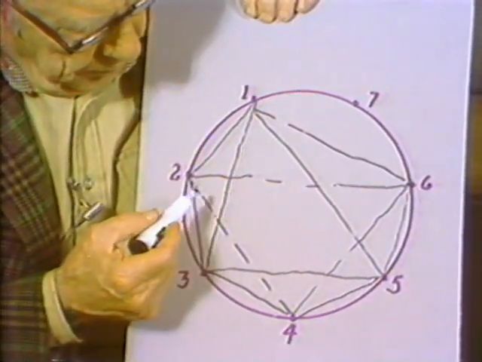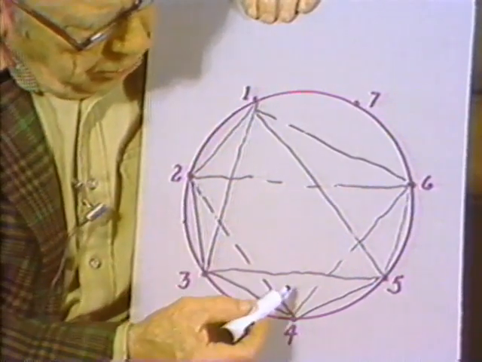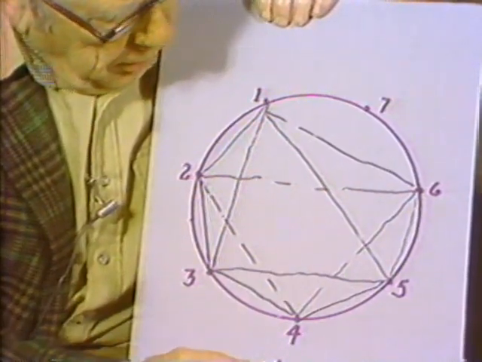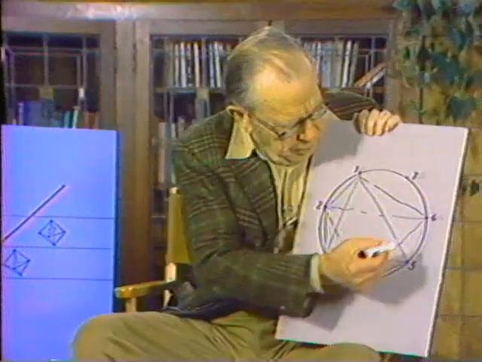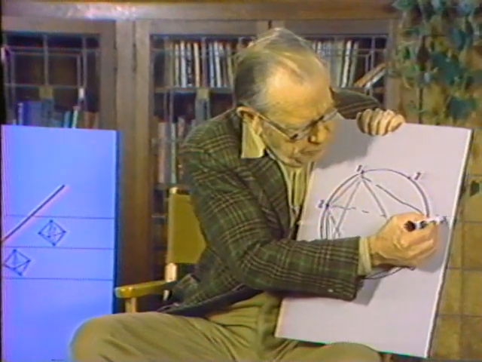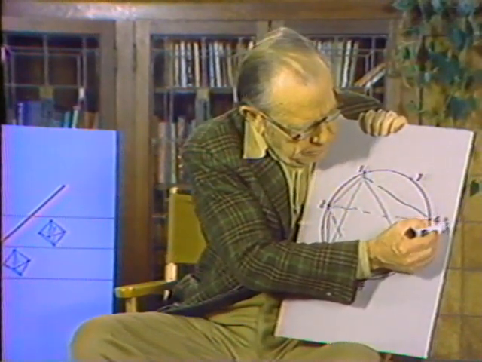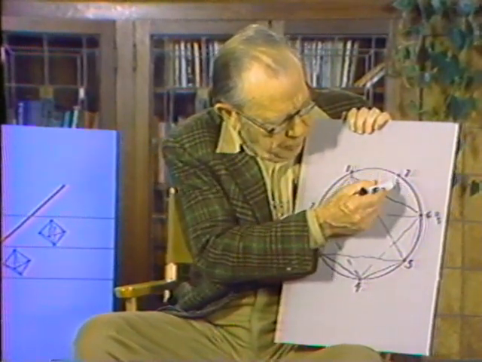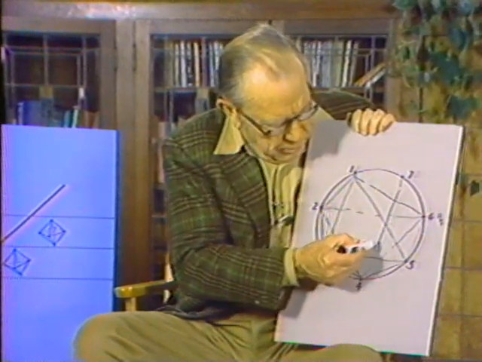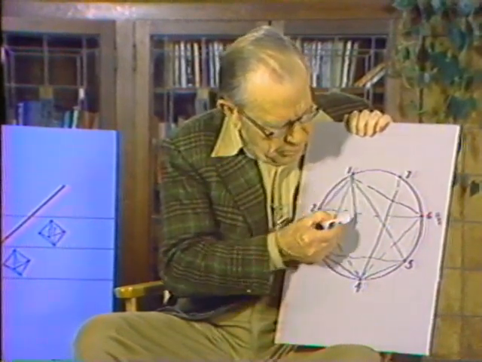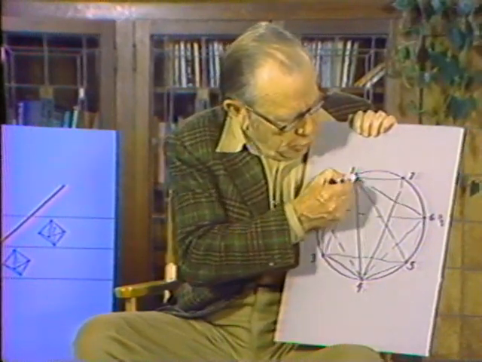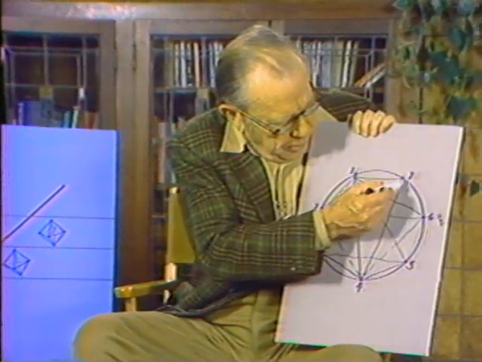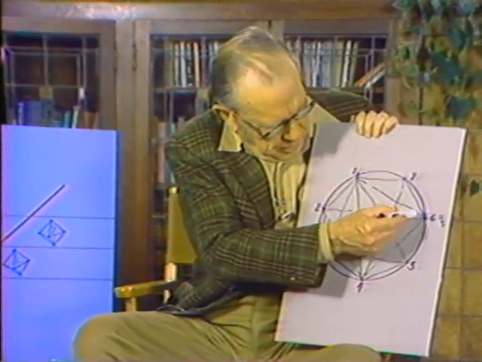So I've got 1, 2, 3, 4 triangles at 6 points. I could put it here, 4 triangles. When I come to 7, of course, I have the one that represents human evolution, the recognizing the law. That's one more. Then I can join this and this and carry that